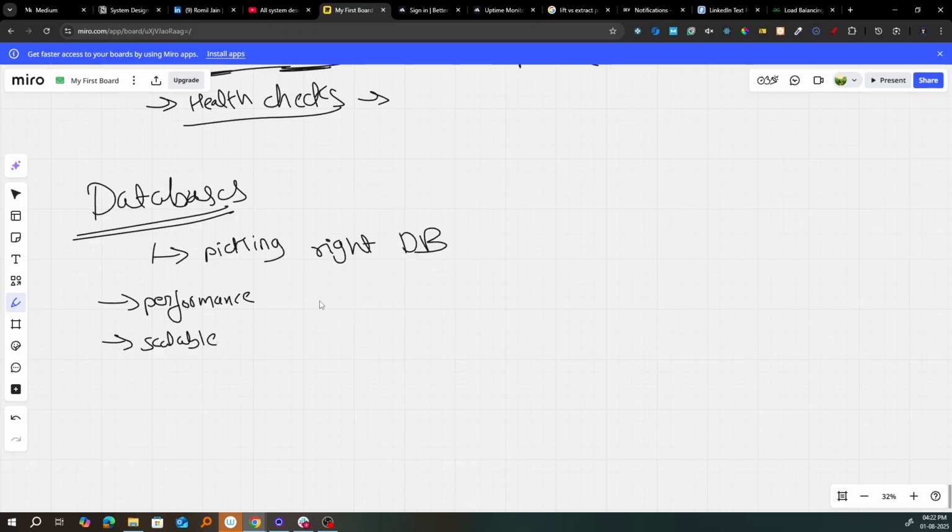Now scalability. As the system grows and the volume of data increases, the database needs to be able to scale accordingly. Some databases are better suited for handling large amounts of data than others. So if scalability is an issue, try to configure a database which can serve large requests, or large data. Modeling: different databases have different data modeling capabilities, and choosing the right one can help to keep the data consistent and organized, right? So data modeling capability means if you want to store an object or whatever you want.